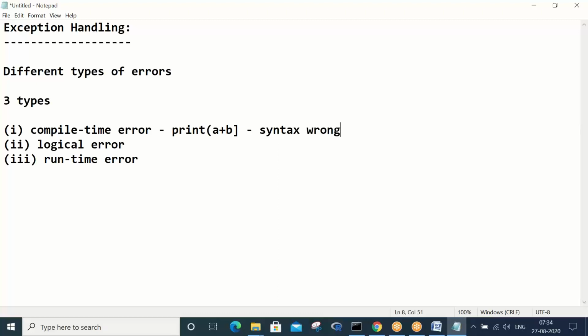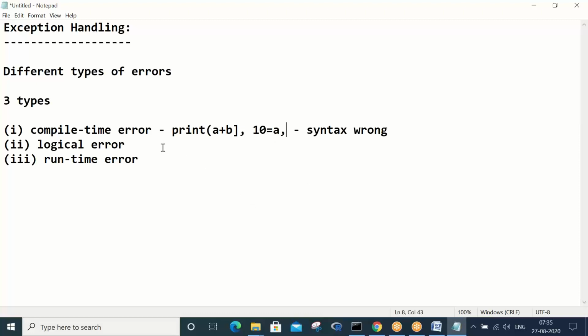The errors which are handled by the compiler are called compile time errors. Or another example: you are providing 10 equals to a. Is it a valid statement? No, right? You have to write a equals to 10. These kinds of basic syntax errors handled by a compiler are called compile time errors. So how to get rid of these errors? You have to ensure not to make mistakes in the code, as simple as that, right?